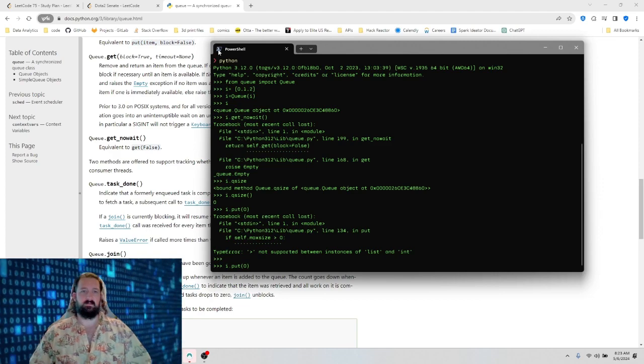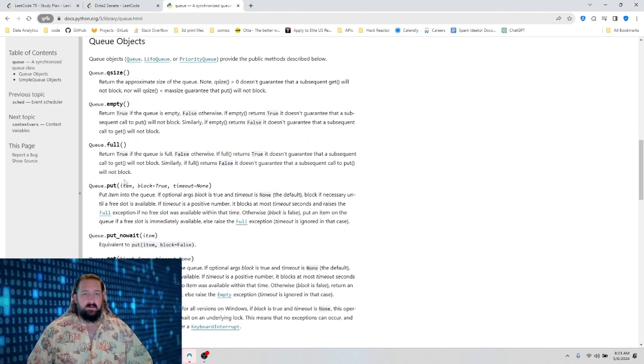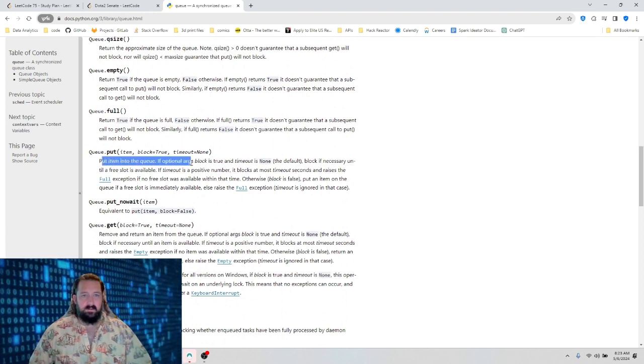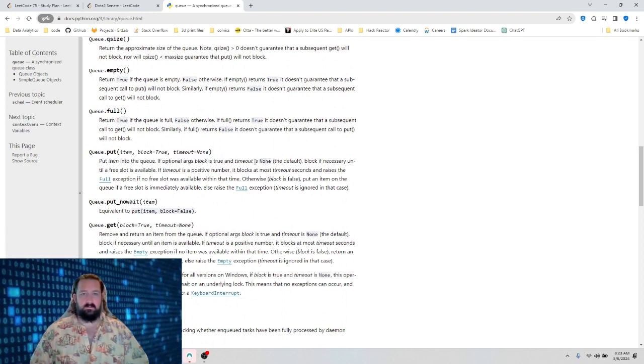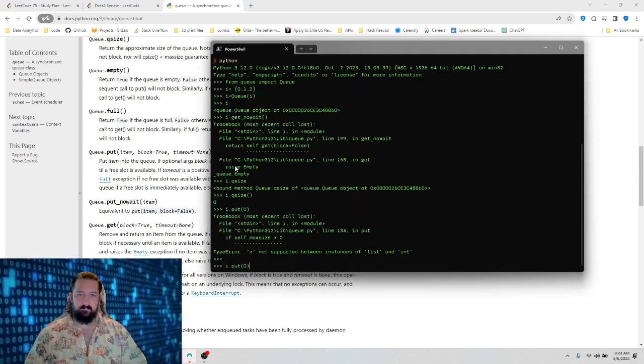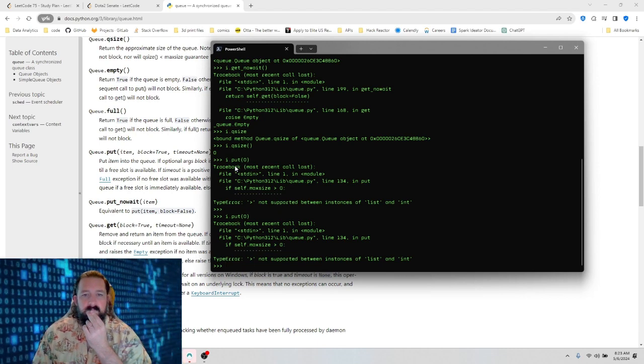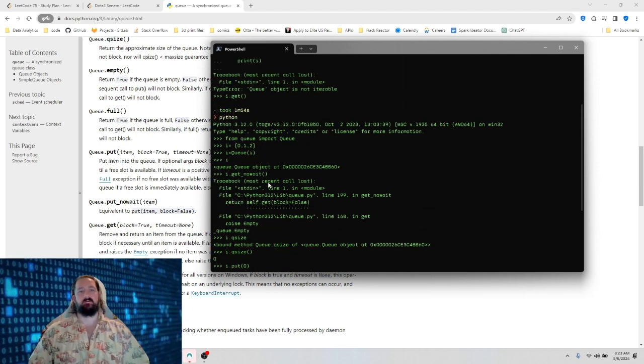if I put an item into the queue, maxsize equals 0.